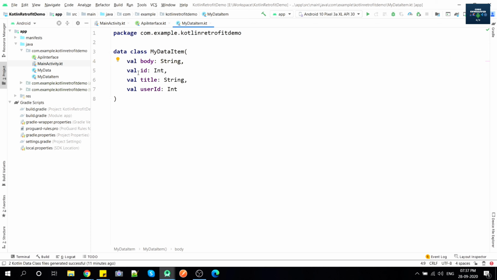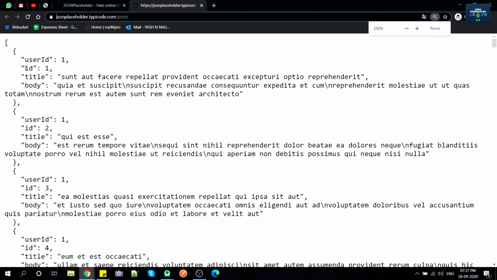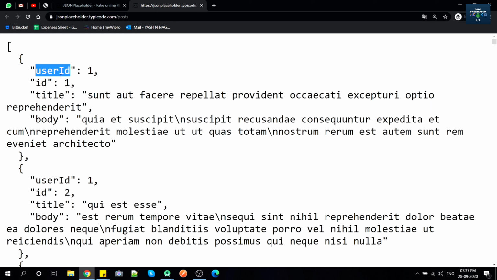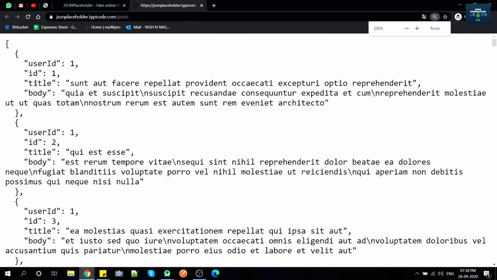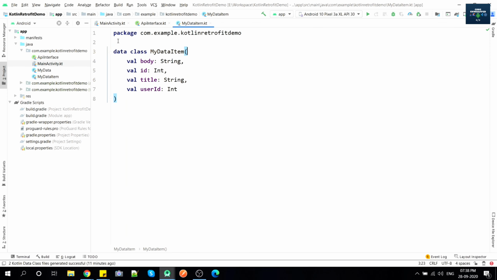And one more thing I need to tell you, make sure you are writing the keys same as you are getting in the response. So here I have written body, ID, title, which is same as these ones: user ID, title, body. The spelling should match properly, otherwise it won't work. And in case you want to make the variable names different, you can use one annotation known as serialized name.